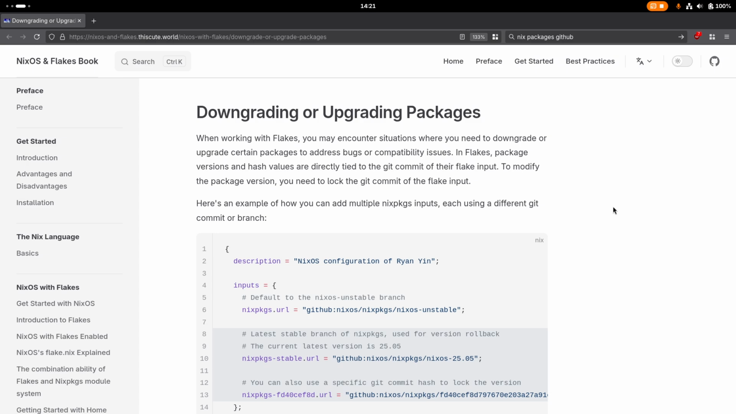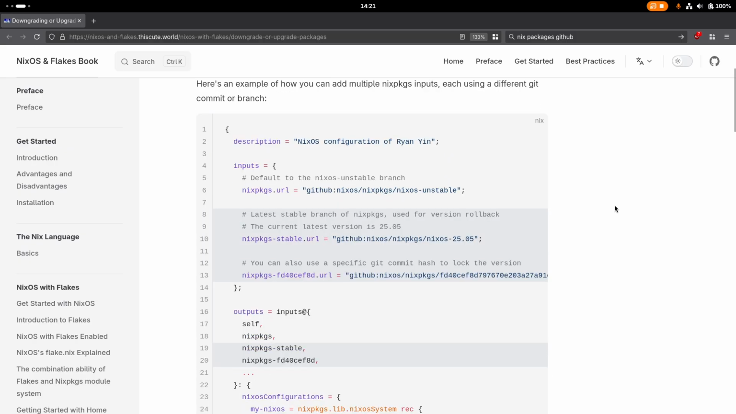Hi, in today's video we're going to take a look at pinning an application to a specific Git revision using NixOS flakes. The reason why you might want to do this is because of a bug or an issue with the package not building properly. If we have a look at this page, it describes how you can set up either a particular branch like 2505 or a particular Git commit for an application so that you can pin that application to that Git